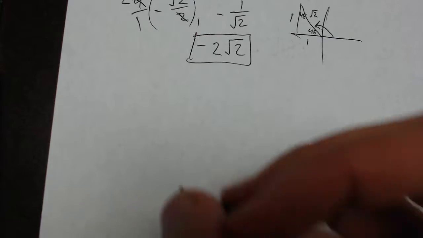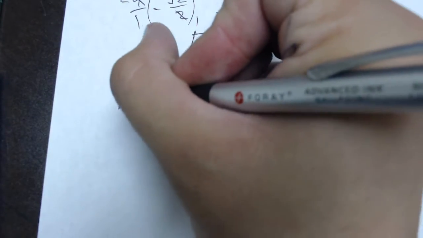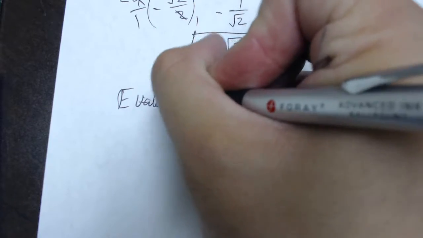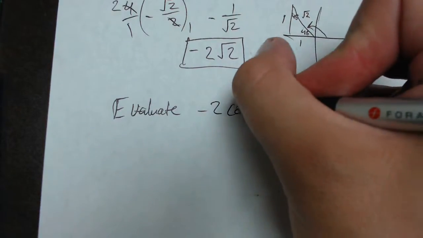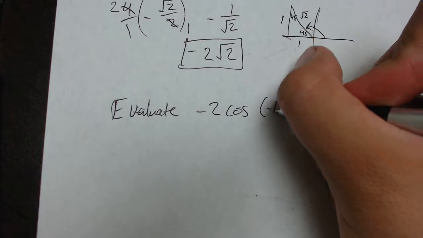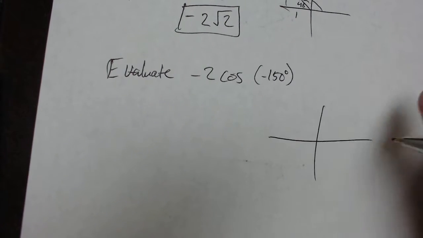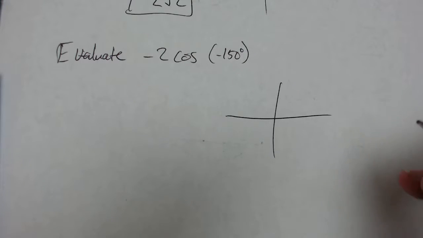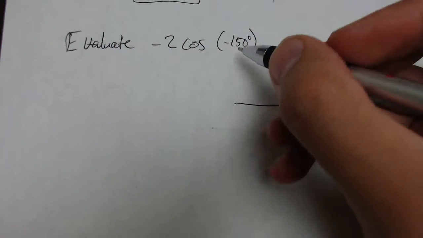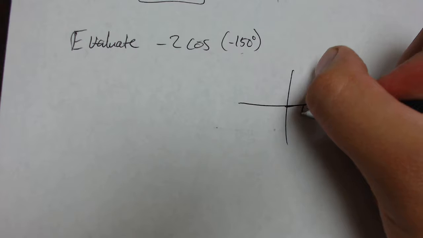Now let's go to the next example. We'll throw a bunch of negatives in here. Evaluate negative 2 times the cosine of negative 150 degrees. So I'll draw my coordinate system. Starting from origin, I'm doing an angle of depression since it's negative. So I go negative